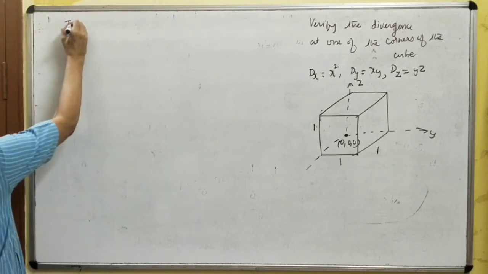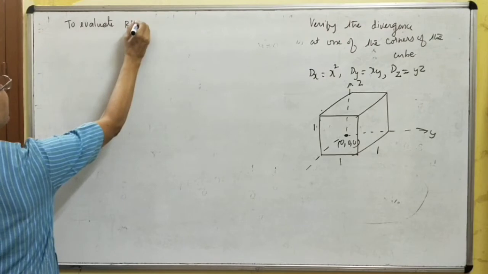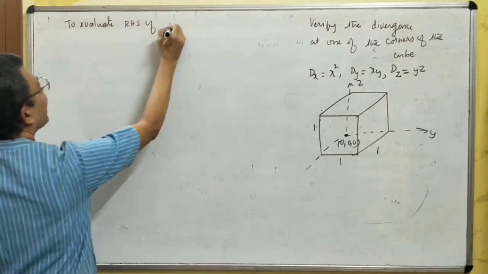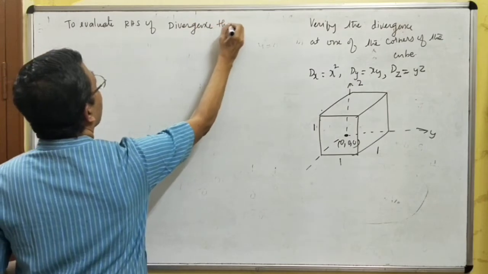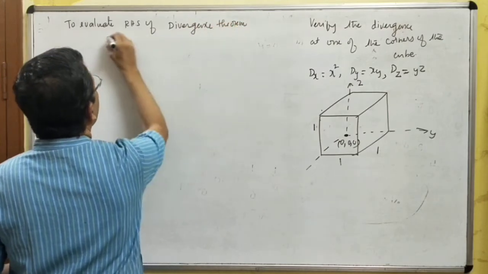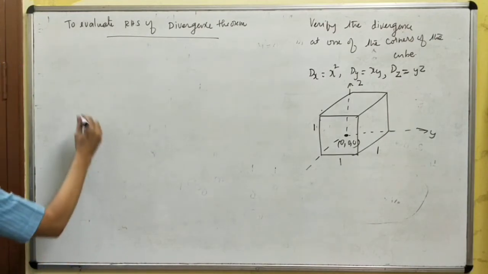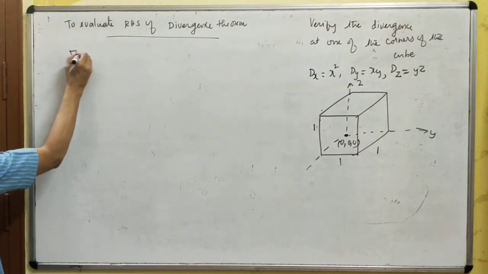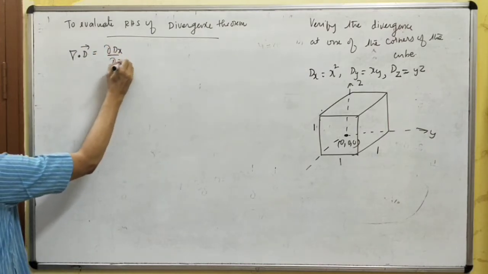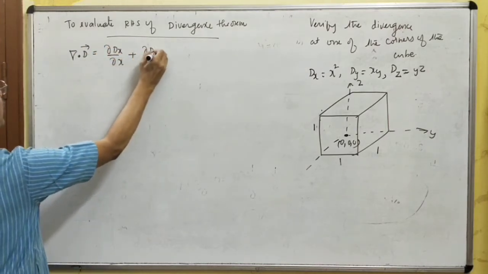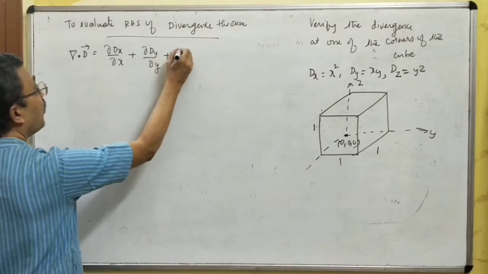To evaluate the right hand side of divergence theorem. Divergence of D is what? Divergence of D is dou D_x by dou x plus dou D_y by dou y plus dou D_z by dou z